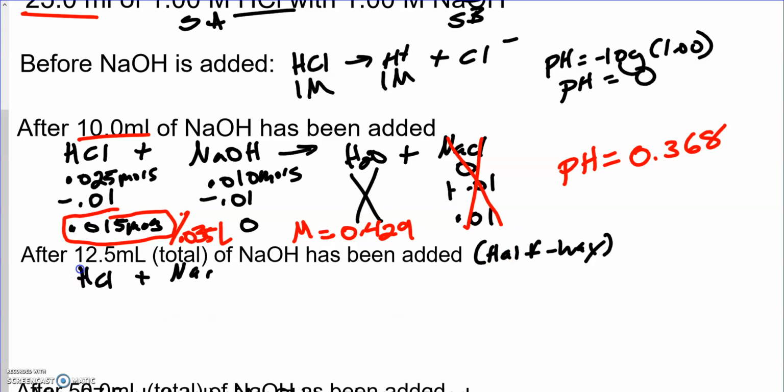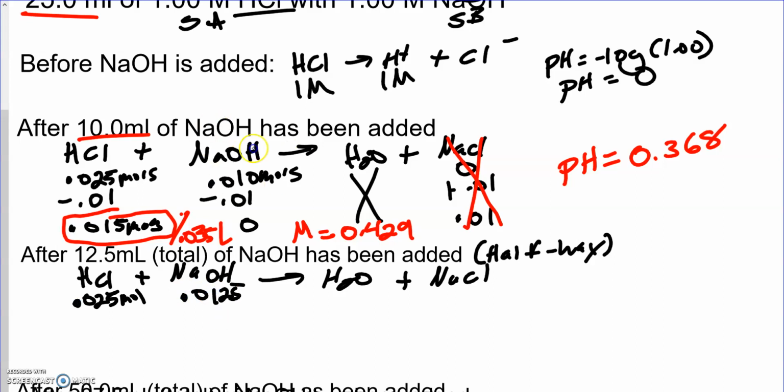What I'm going to do, just for ease's sake, is reset all of this. I am pretending we have not added any sodium hydroxide, because if I do, I have to recognize the amount I've added is 2.5, and then I have to figure out how much hydrochloric acid was left over after the first set of reactions. In my opinion, it's easier to reset and pretend like we've had nothing react. So I'm going to go back to my original mole value of 0.025, and this guy's mole value is now going to be